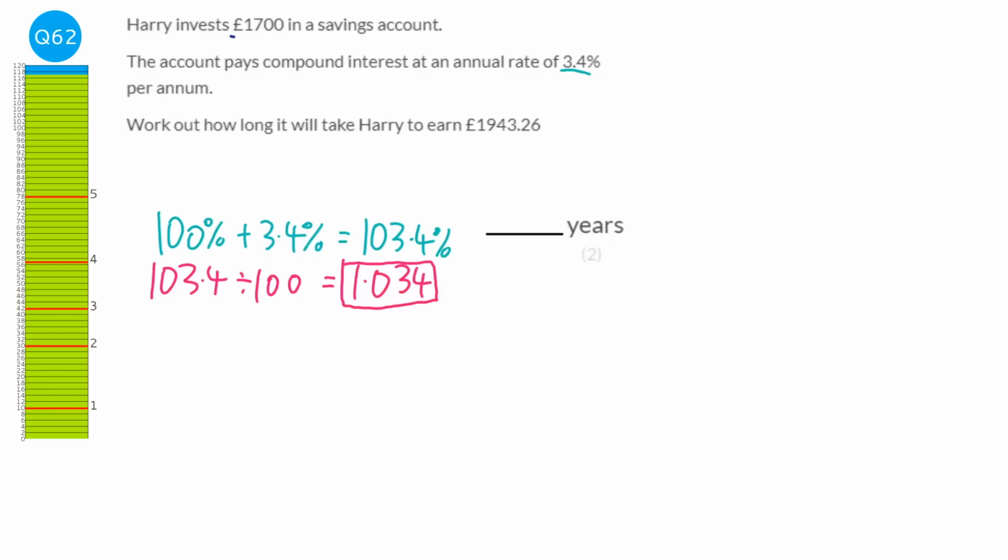So it says that we start off with 1,700. What we're going to do is type 1,700 into our calculator, then press the equals button. And what that does is it stores the 1,700 in memory. Then every time we press the ANS button, it's going to remember what the current number is, and we're going to then times that by 1.034. So at the moment, the current number stored in memory is the 1,700, times by 1.034 will increase the 1,700 by 3.4%. Press it once, and it gives us